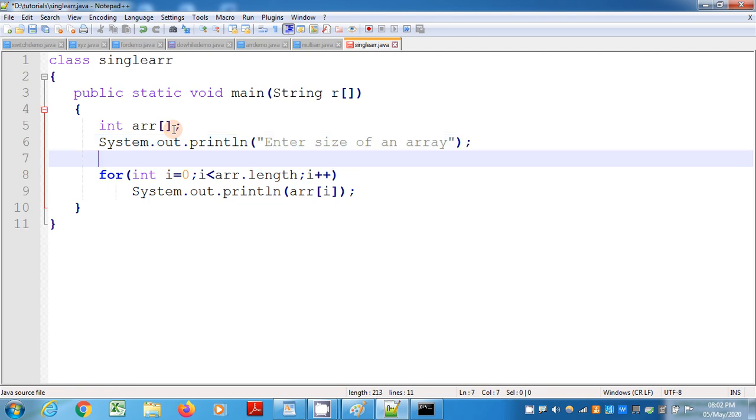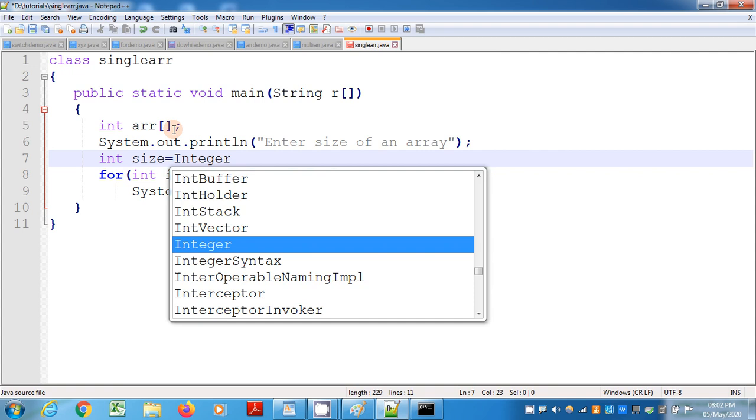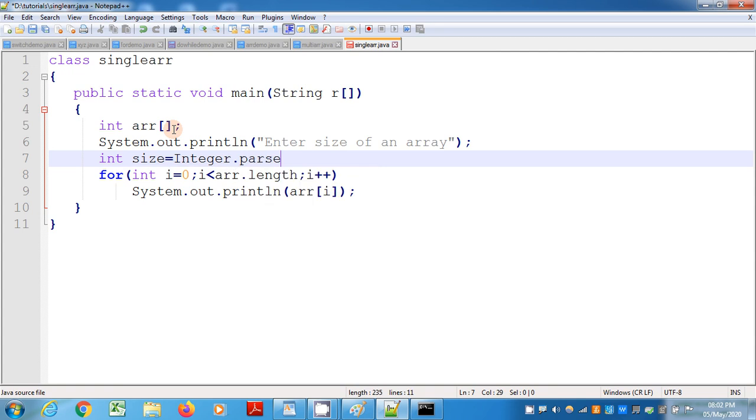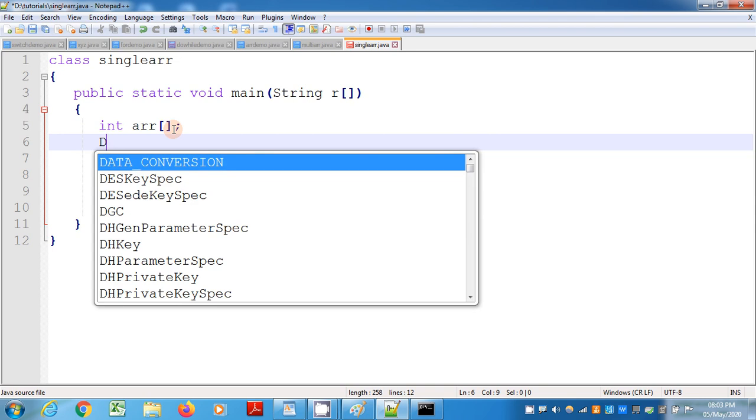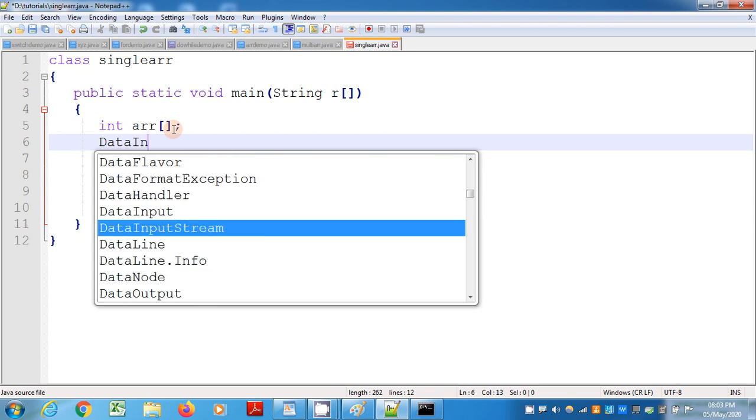So int size is equal to Integer.parseInt, and here the readline method is available, needed to read the input dynamically. The readline method is available in the DataInputStream class, right? So I need to create an object for DataInputStream,